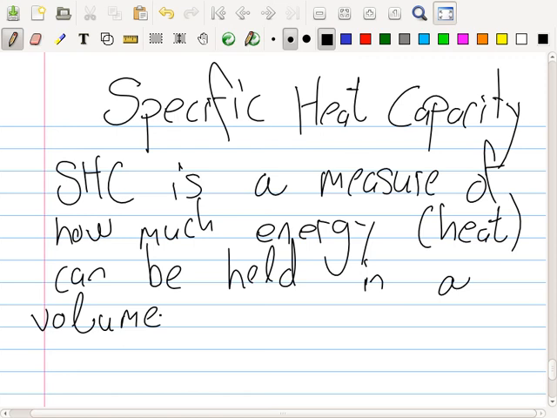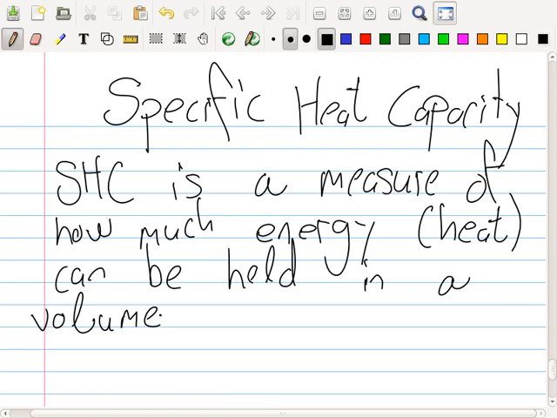If this is big, what does it mean? It's easy to hold much more energy. Yeah, what type of energy? Kinetic, or heat, I think. Okay. So a big specific heat capacity means it has a lot of ability to hold heat energy. The metal without any bonding has a high ability to hold the volume.